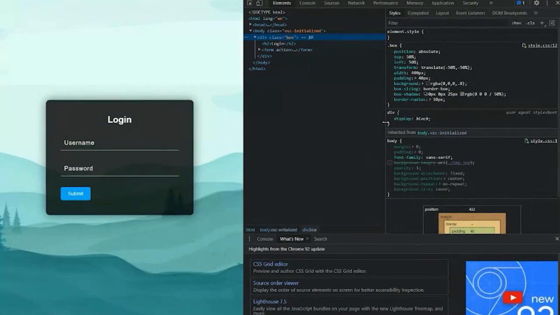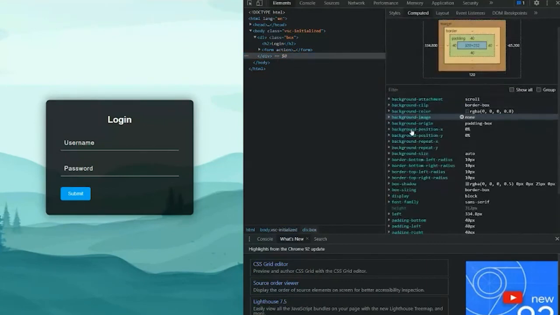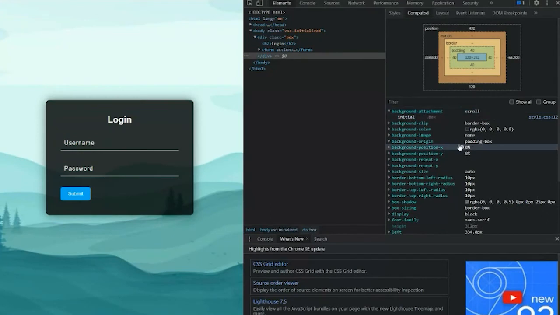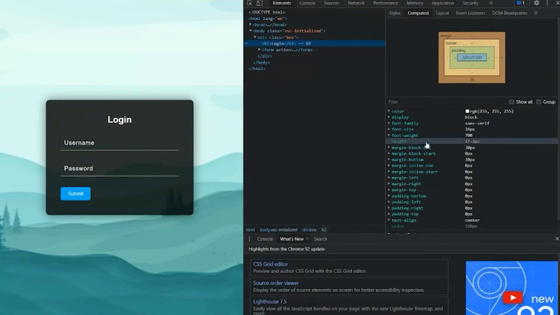You can see, for this one, this margin and padding are overridden by the style from some other class. So you can see all the final values in the computed section, and find out what styles are finally applied to the division or element.